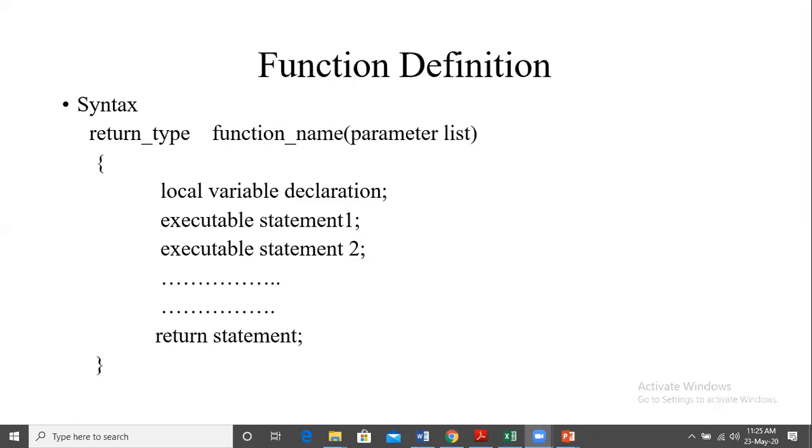Two integers. So those two integers we will give as the parameters. Say we want to add a plus b and store it to c. All a, b, c are integers. So we will give int a comma int b as the parameters. This can be any number; any number of parameters we can give. These parameters are also called arguments.